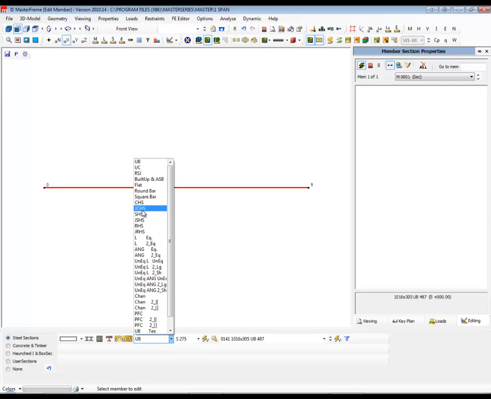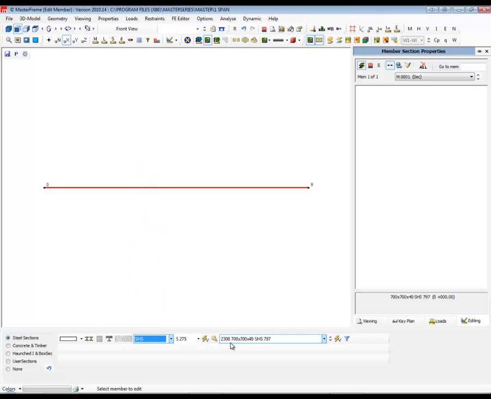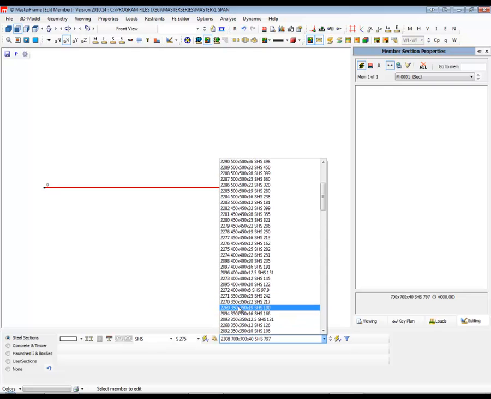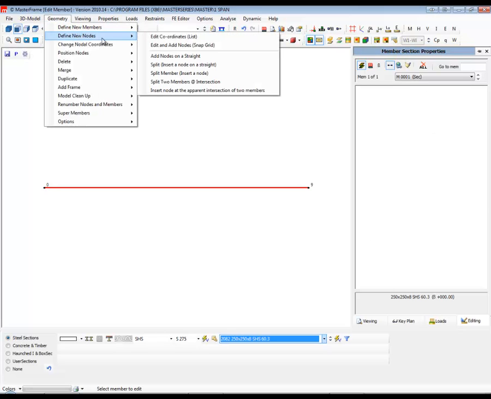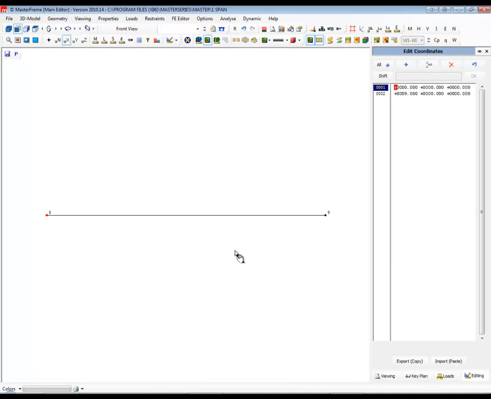There they are, square hollow section of say 250 square by 8, and we will now, using MasterFrame, very quickly edit the coordinates and make it 3 meters long,